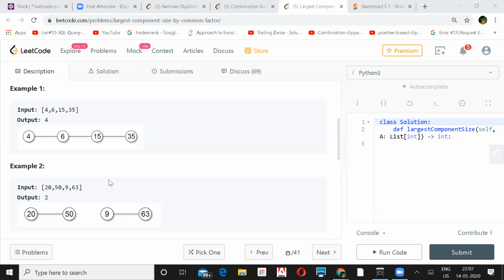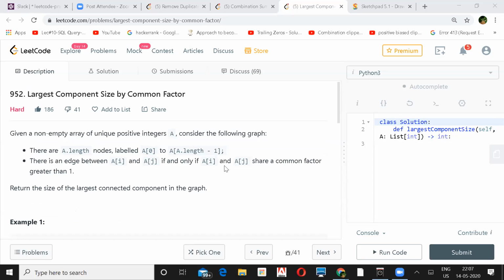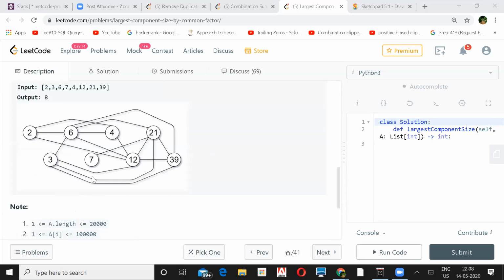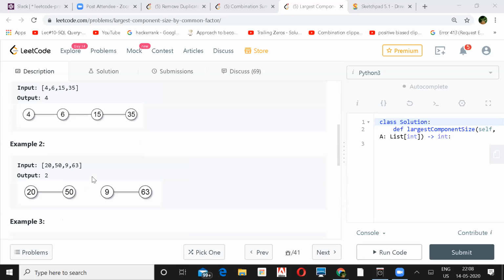But the only tricky part is when you are saying an edge. So edge connection between two nodes, the condition is you have to have a common factor. Factor in the sense of a prime factor, right? Yeah, and they are telling that you shouldn't consider 1, because it doesn't make sense. If it is 1, then everyone is always connected. Yeah, exactly.